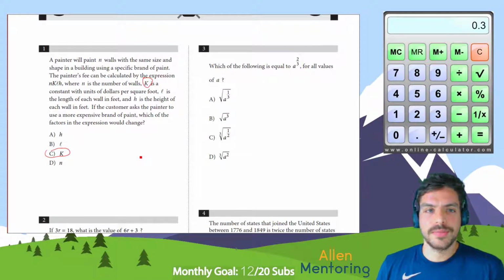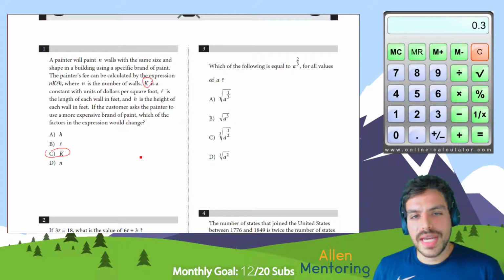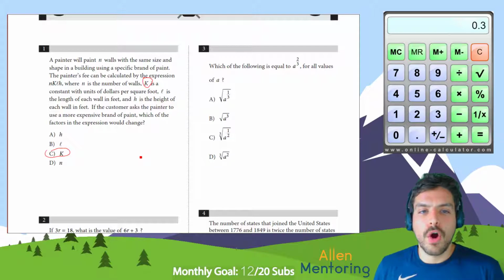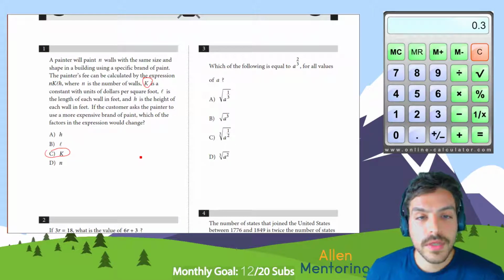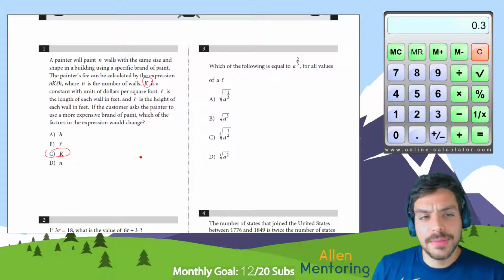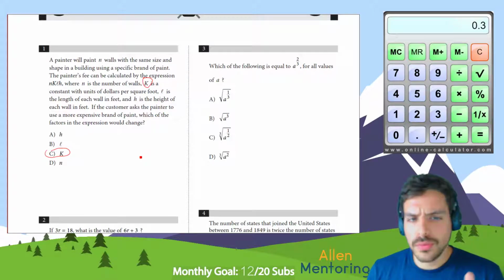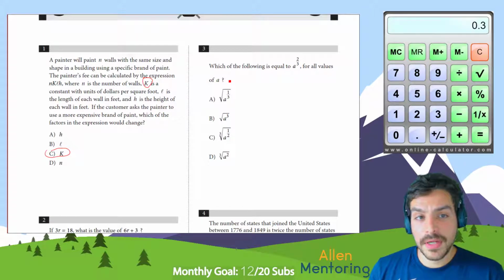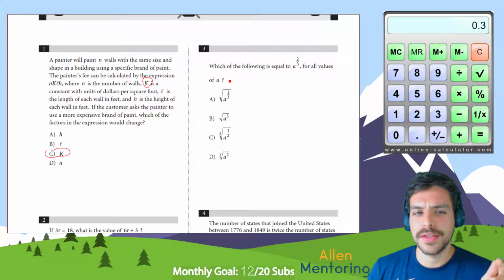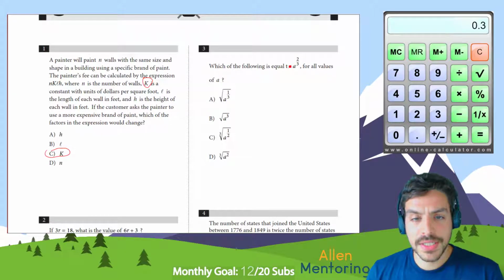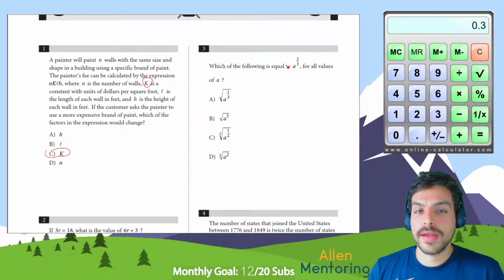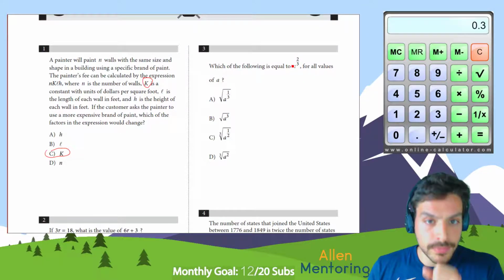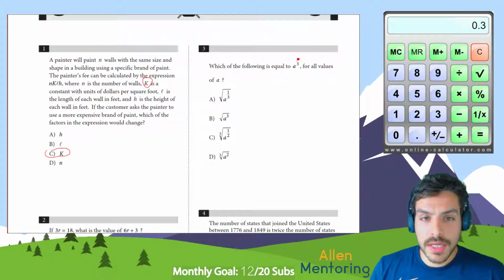All right, number 3. Which of the following is equal to A to the 2/3 for all values of A? Well, this was actually asked, I believe, in the first or second stream. Somebody asked, how do you deal with fractional exponents? And maybe that person was referring to this specific problem, because I think it was actually asked A to the 2/3. But if you don't want to go back to the video, I'll quickly explain that with fractional exponents, the